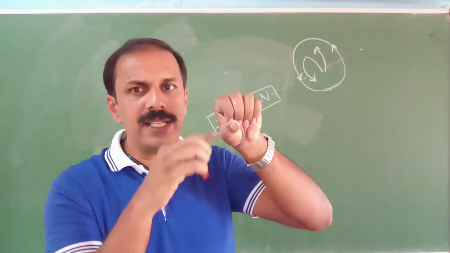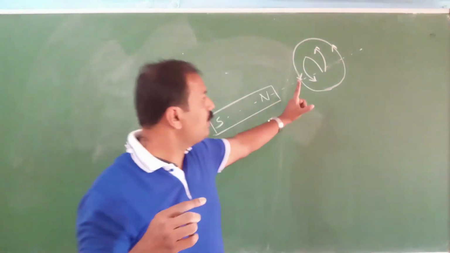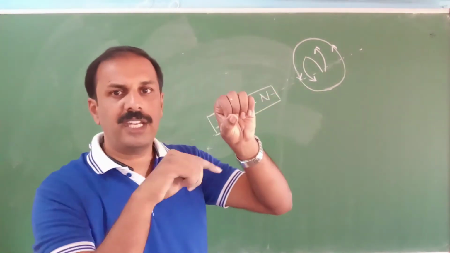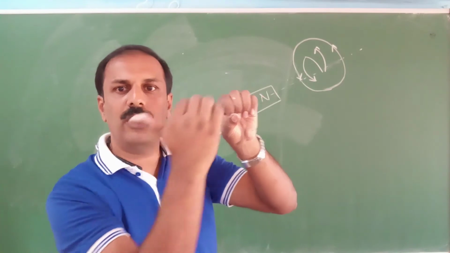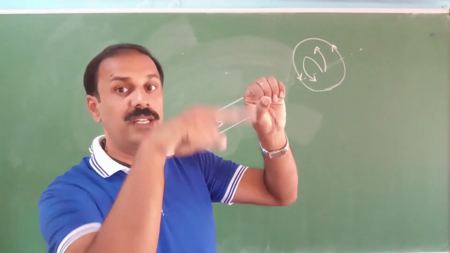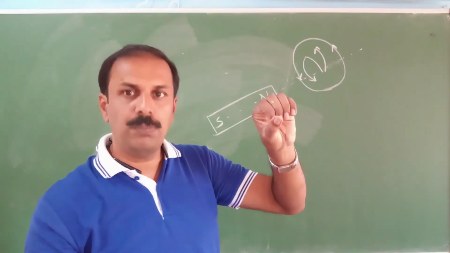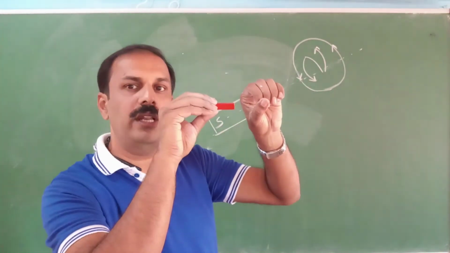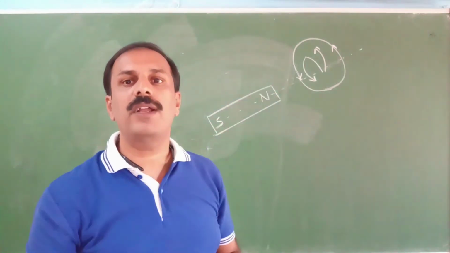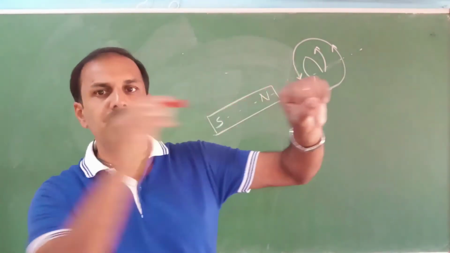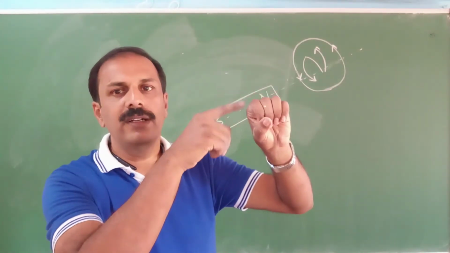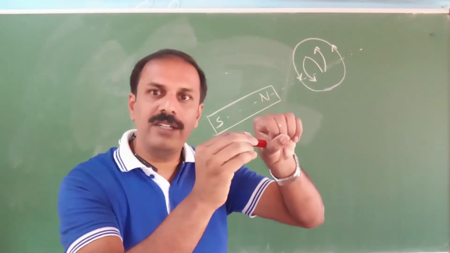So if this side is north, from this picture, in order to produce north on this side, how should be the direction of current? You know the right hand rule. North means the magnetic field is coming out. So the current should be like this, that is anti-clockwise. So when you push this north toward this coil, it should be anti-clockwise. That's what our Lenz's law says. Now if you push it back, what will happen? This side will become south, so as to pull it inside.